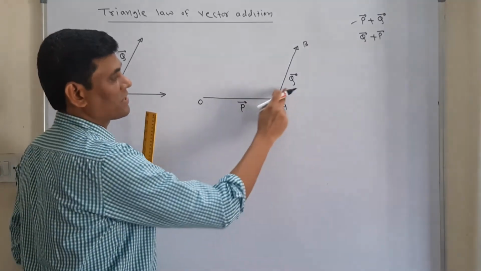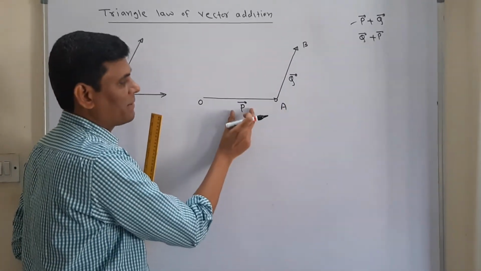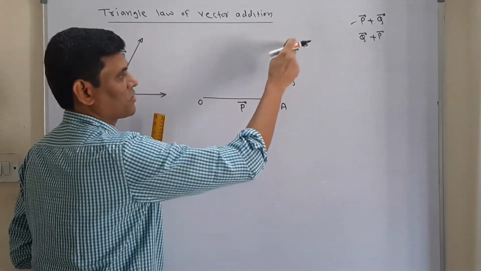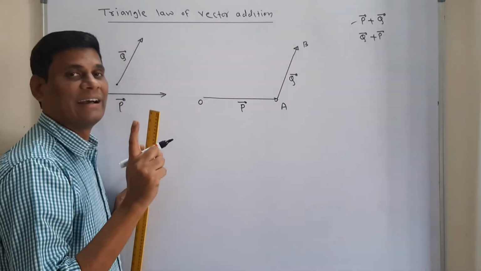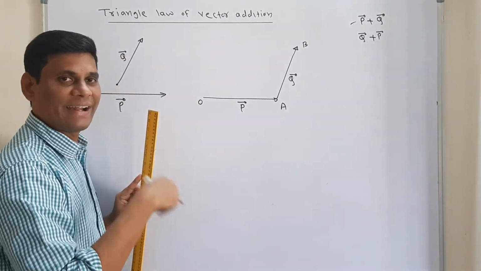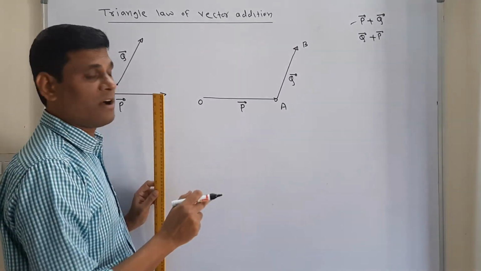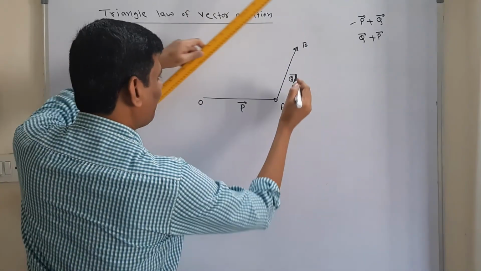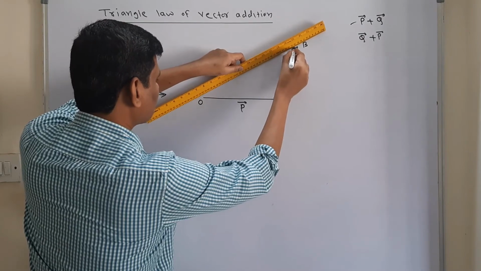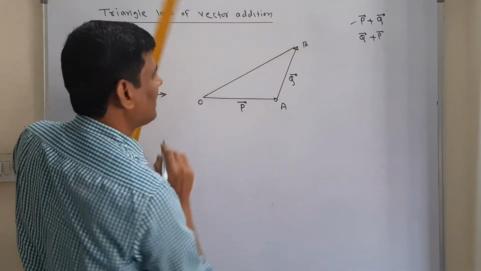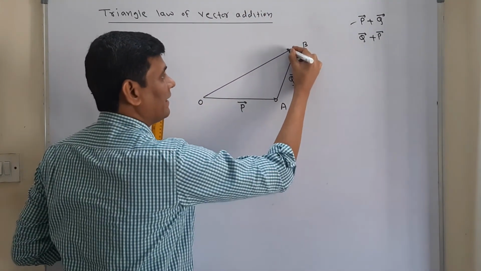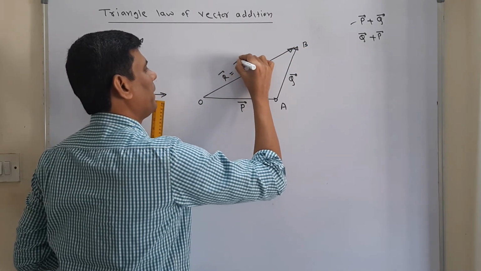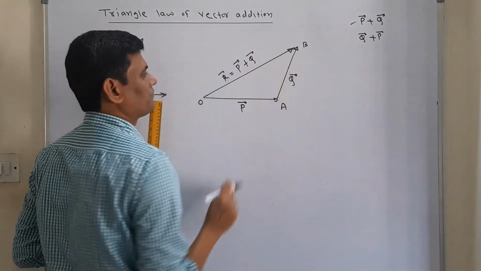So these are the two sides of the triangle, where we represented two vectors in magnitude and direction. Then the third side is this one. It represents the resultant in magnitude and direction, drawn from the starting of the first vector to the ending of the last vector. Means you will draw it this way. This represents the resultant, and where will the arrow be? This side. So the resultant R is equal to P plus Q.